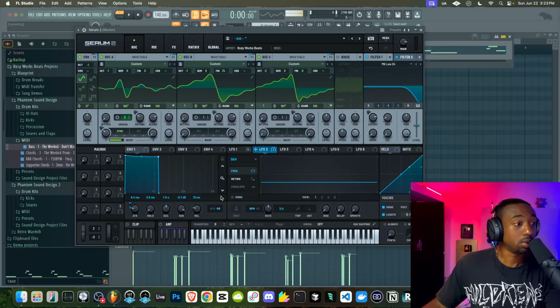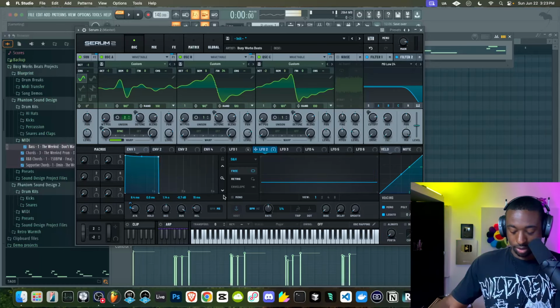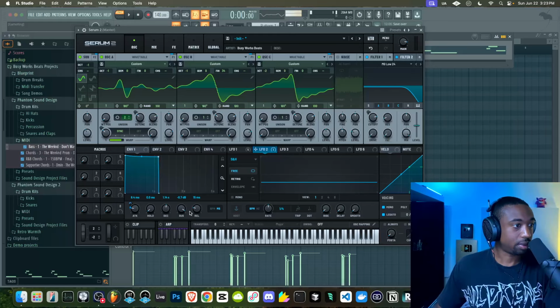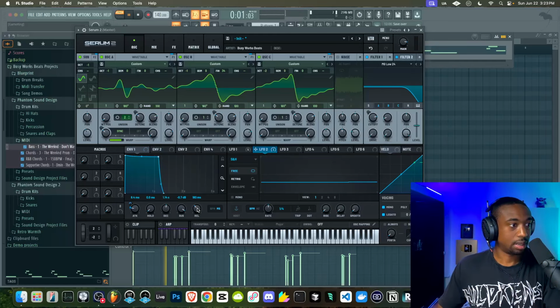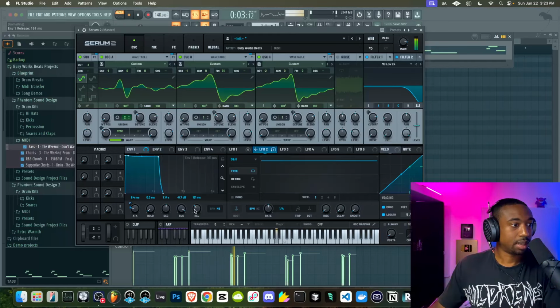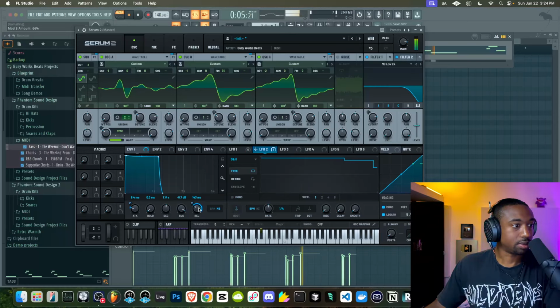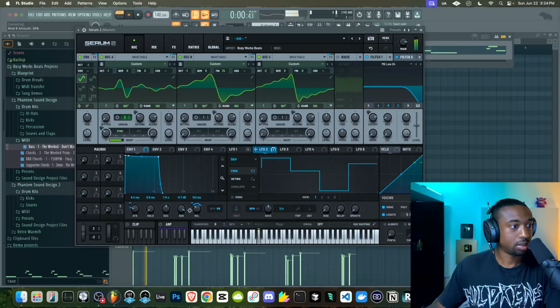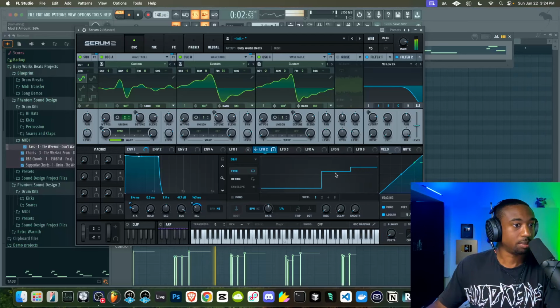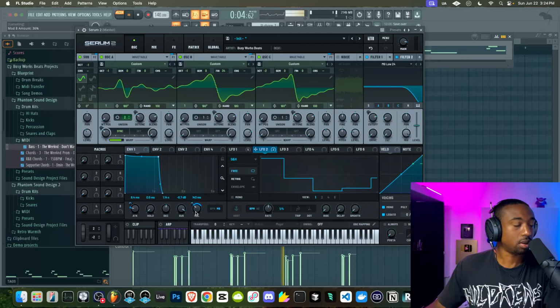You could also do the same thing here with the release tail if you guys use it for your sounds. This sound is not needed, but let's add a release tail just for the example here. So now this is on random. These random values are going to the release tail here.